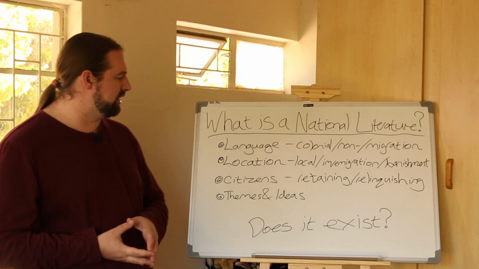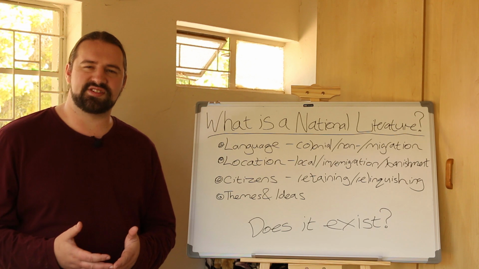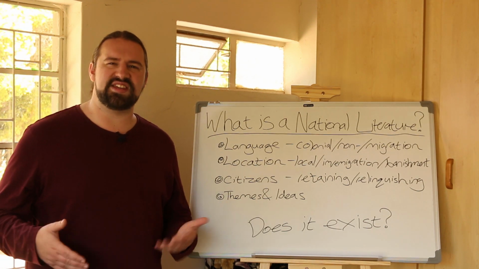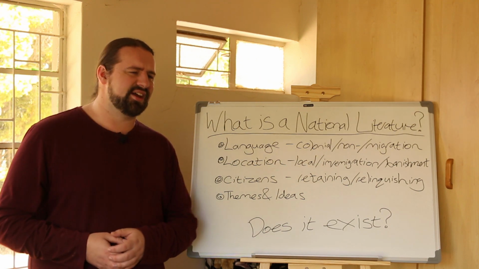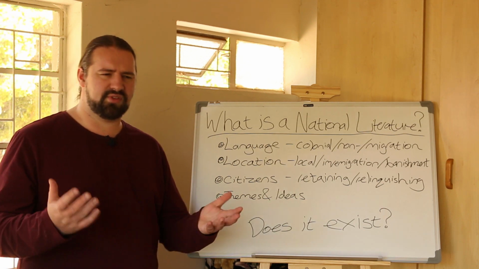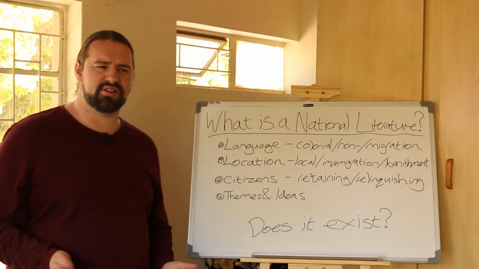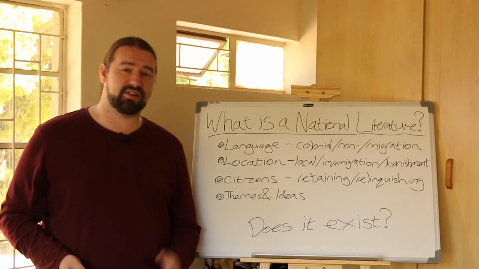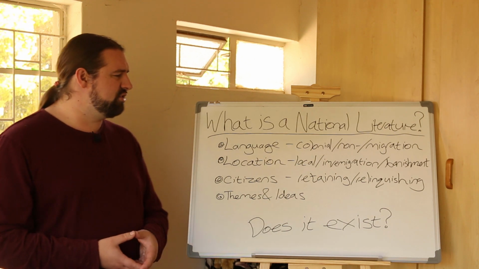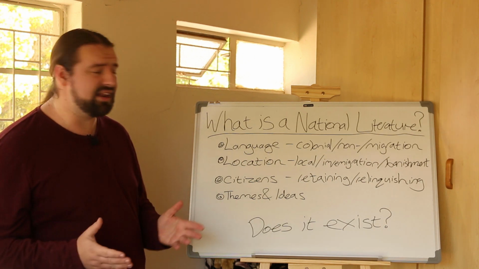There are four main things we're going to look at in how we can define it. Usually, if I were to ask most people what is South African literature, or what is American literature, they would think it's a very obvious, easy question. It's literature from South Africa, literature from America, British literature. It doesn't seem to require any thinking, but it's actually very interesting because it's not as clear-cut as you might immediately think.